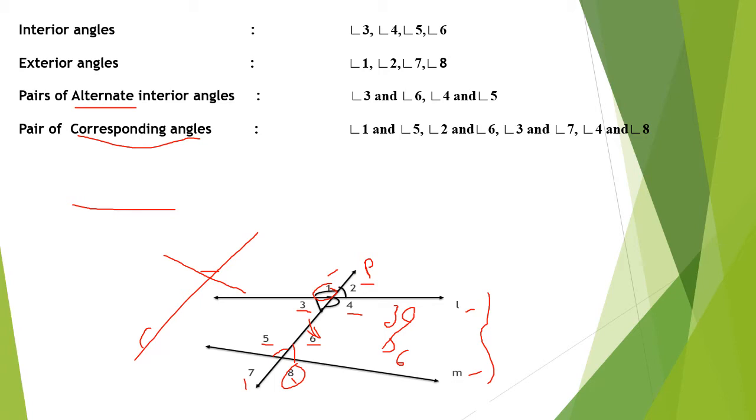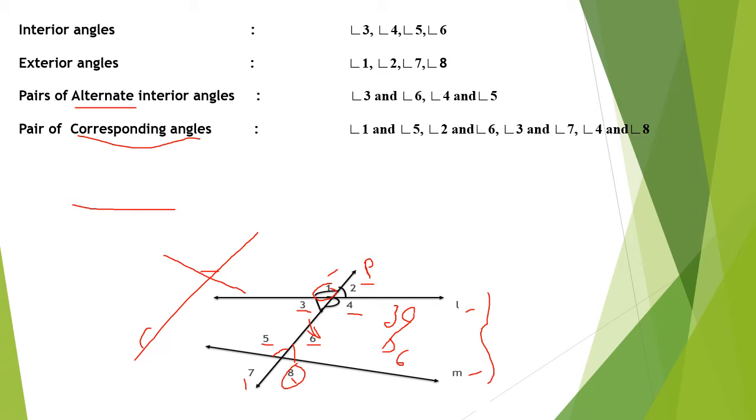Take this transversal, the angles which are formed on the same side. So 1 and 5, next 3 and 7. Next one 2 and 6 and 4 and 8. In this transversal, 1 and 5 are the angles formed above the parallel lines. Then 3 and 7 are on the transversal below. So that too is a pair. First we will take 1 and 5, next 2 and 6, then 3 and 7, 4 and 8.